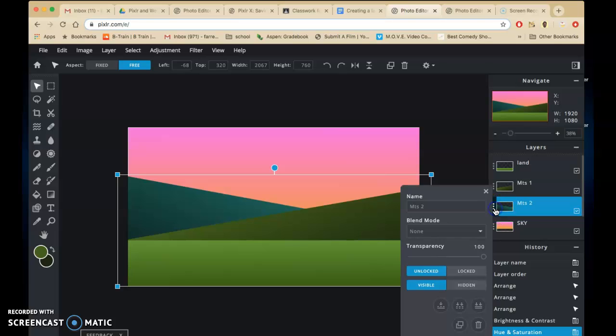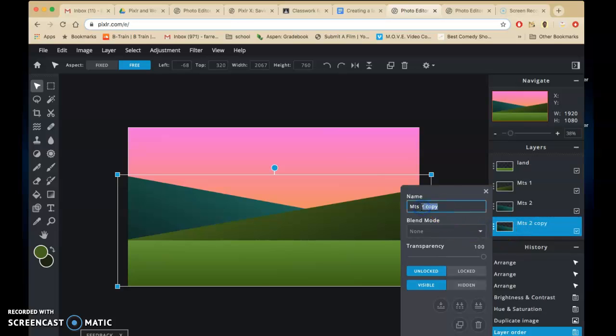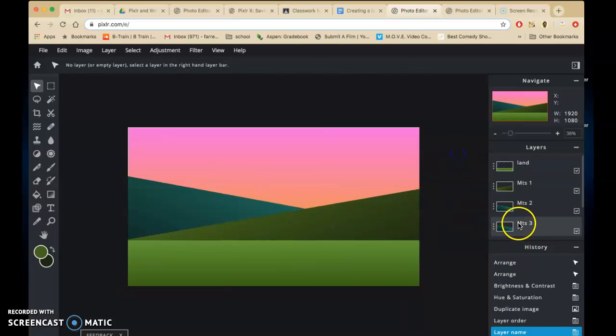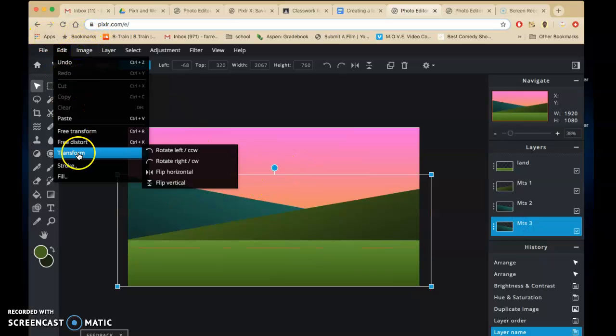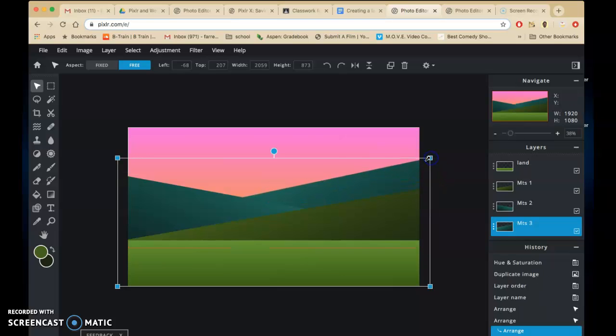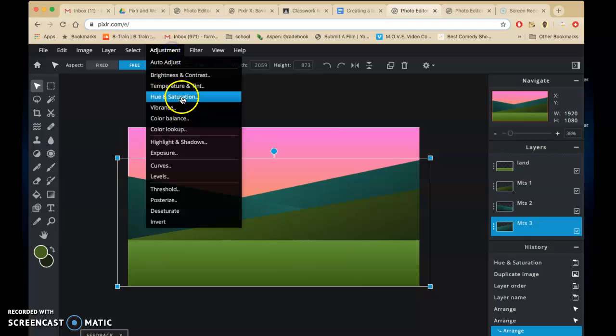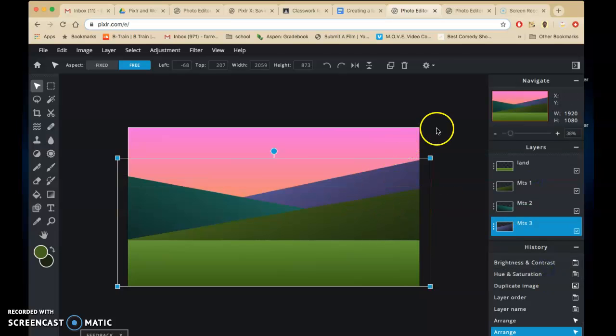Okay, and then I'm going to duplicate this and put it below, right? Rename it so it makes sense. It's going to be number 3. And make sure it's highlighted. And I want to flip it. So again, I'm going to go to Edit, Transform. So hard to get to this. And flip it. And I might want to scale it so it's a different height. And adjust it under hue and saturation to be more purpley, to make it look like it's going off into the distance. And now I start having